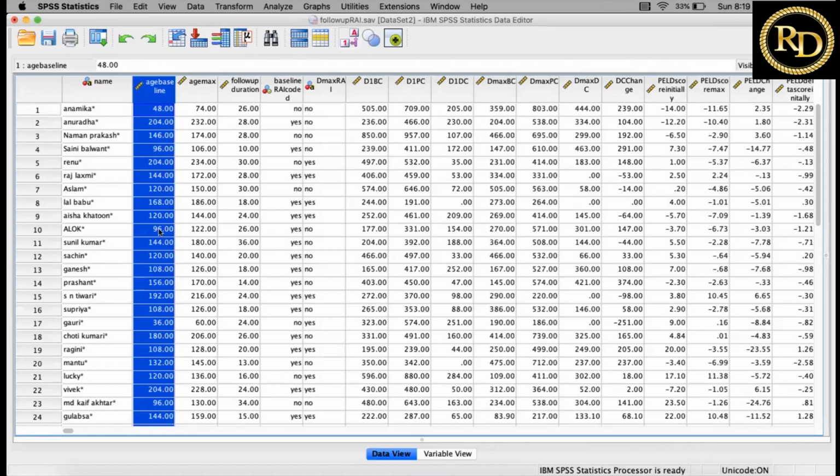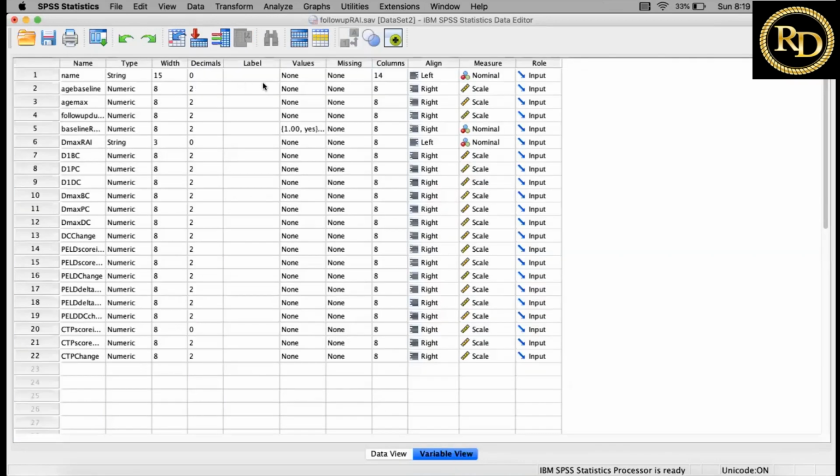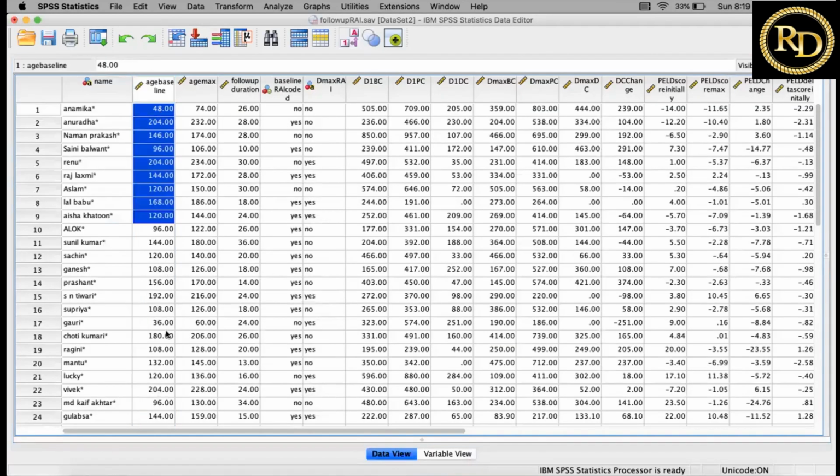It is the age in months actually. When you go to the variable view, they have not explained the label. The person who sent me the data for analysis didn't explain what it actually is. It's just written age at baseline. But from memory, I know that this is the age of the children in months.